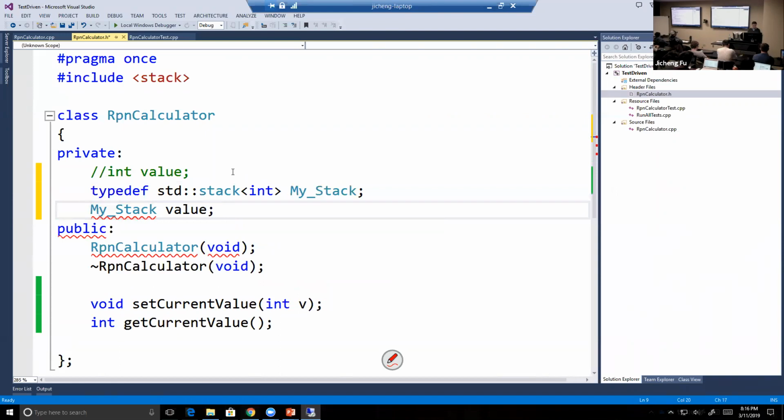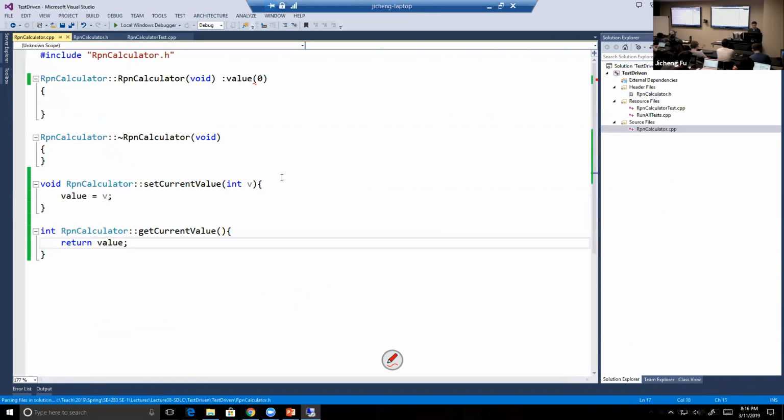Let's call it value. Okay, then go back to here. We should remove this part. Okay, so now value is